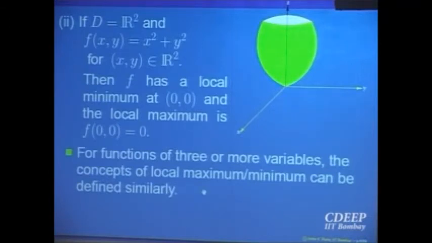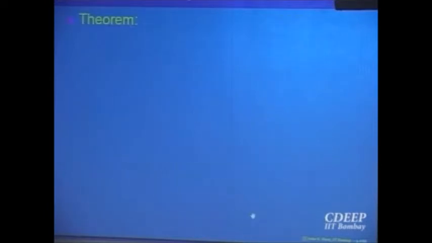So if a function is of three variables, same definition. Only the neighborhood will be an open ball in R3 at that point. Okay. Now, like in functions of one variable, the important thing was the condition that if a function has a local maximum or a local minimum at a point, and if the function is differentiable at that point, then the derivative is equal to 0. That was for a function of one variable. And that also gave us a method of finding points of local maximum and local minimum, because those are the points where possibly the function can have local maximum or local minimum. So a similar thing we want to do for functions of two variables or three variables.